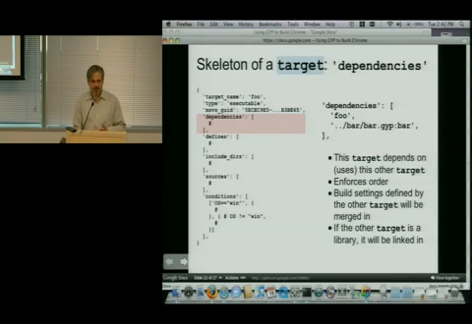The other effect is that if that other target that you're depending on is a library, GYP knows to automatically drag it into your link if you're an executable. So the upshot is that it actually ends up being a pretty nice, concise way to express these kinds of build dependencies and have them